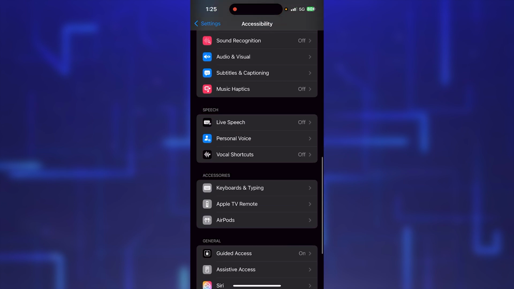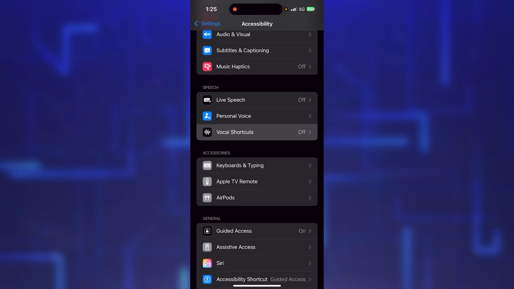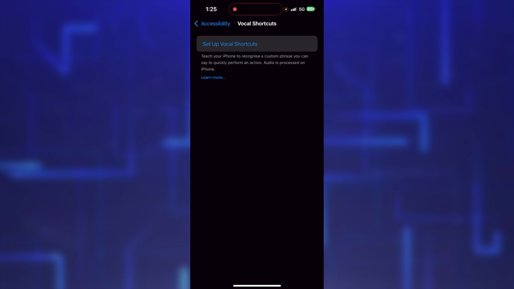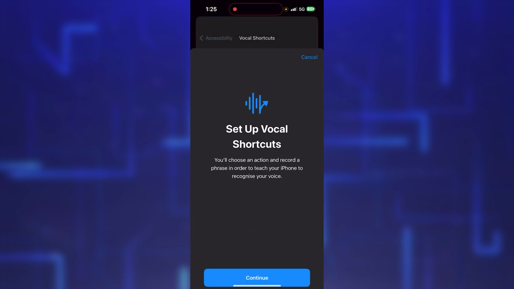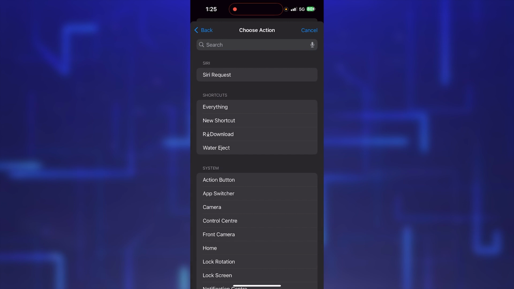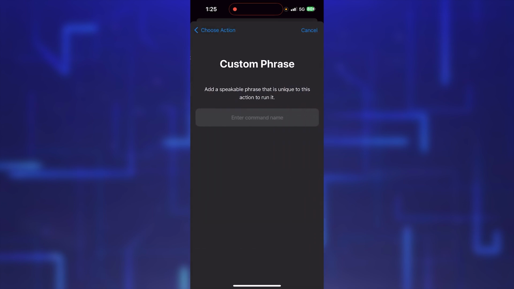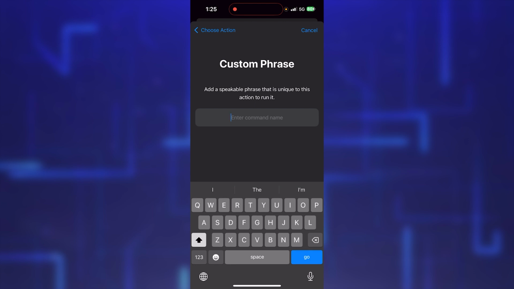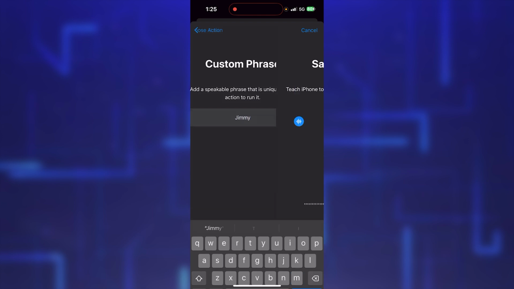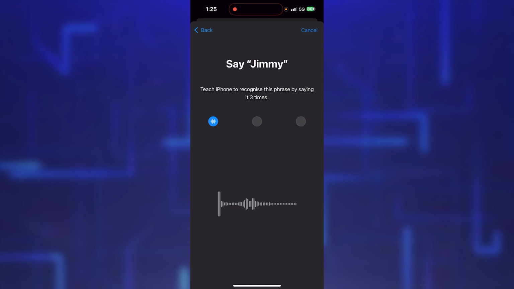Once you go inside the option, scroll down until you see this option of vocal shortcuts. Just simply tap over there and hit on this option of setup vocal shortcuts. Once you click over there, hit continue, and in the search bar simply search Siri. And once you click over there, just simply enter a command, the name which you want to give to your Siri. For example, if I give it Jimmy, and if I hit go, now it will ask me to say